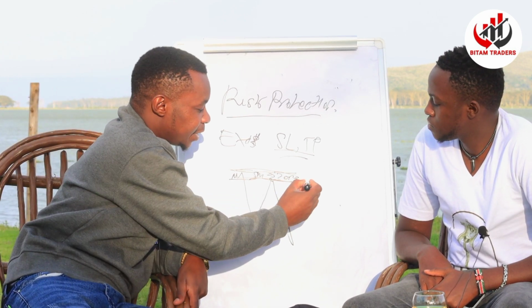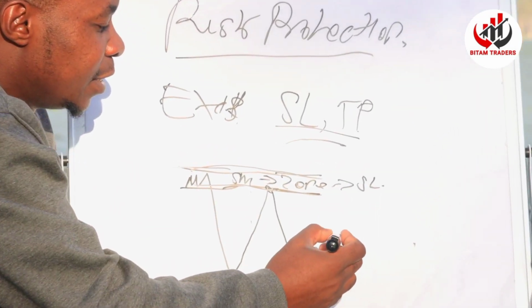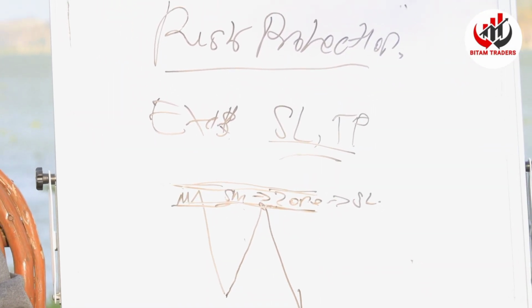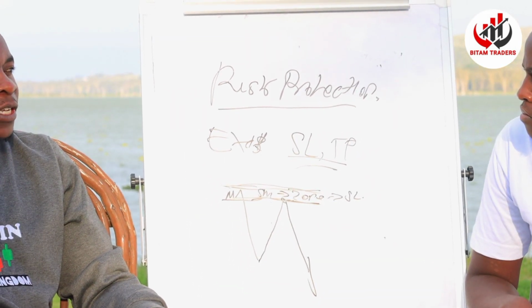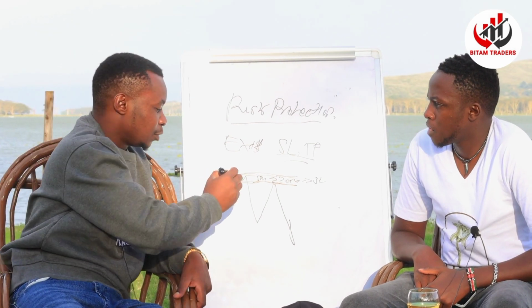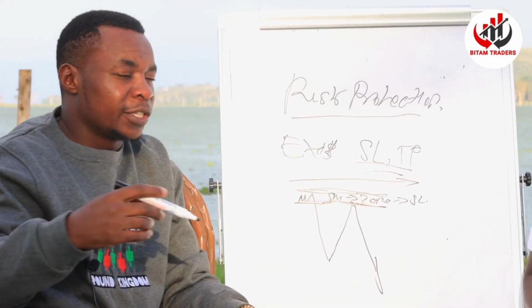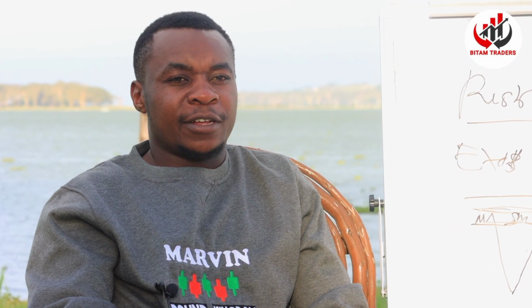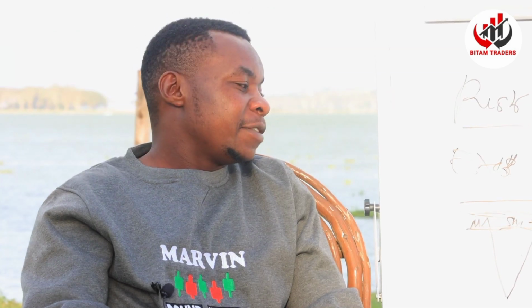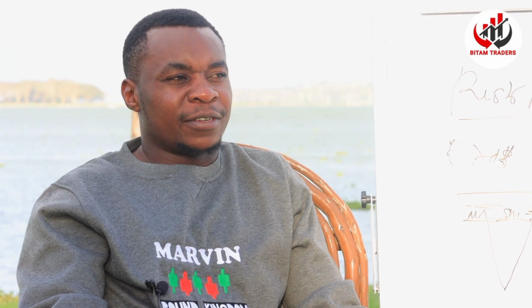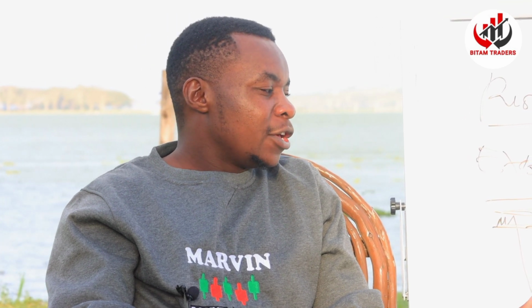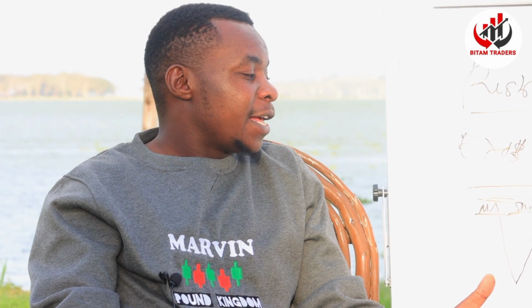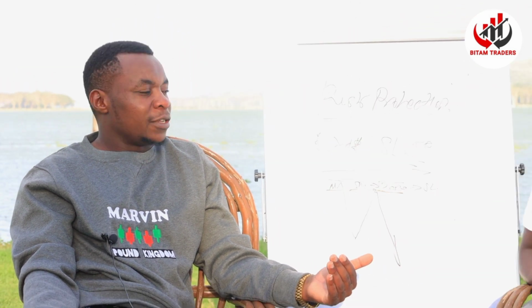So if you're going to place your sell here, then it means you're placing a sell inside the structure or inside the zone where the market might get to before it continues with your buyers. So you're supposed to place a sell above the zone. Sometimes you might feel like, no, every time I enter a trade, I only risk 10 pips. Yes, it can be 10 pips, but it is within the zone. But again, it can be more than 10 pips, but it's outside the zone. So in this case, you're going to apply more than 10 pips for you, because it will put your